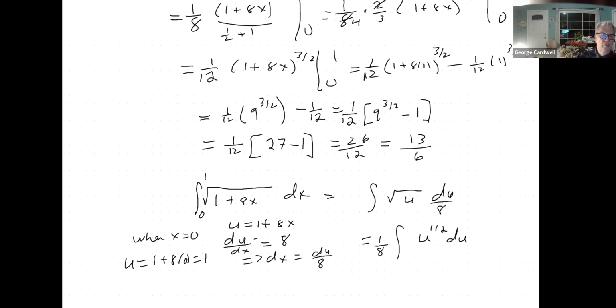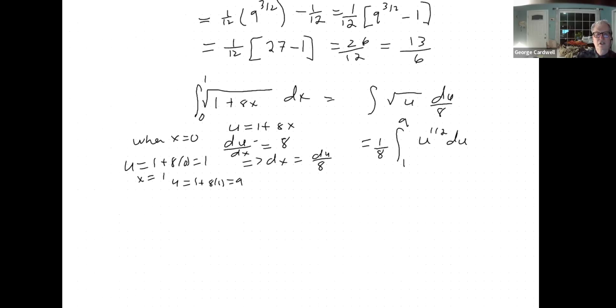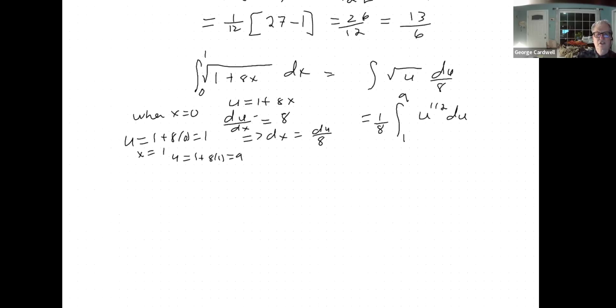So when x equals 0, that translates to u equal 1. Okay. And then when x equals 1, u equals 1 plus 8 times 1, or 9. So when x is 1, u is 9. Okay. So this integral here will generate the same answer as that integral there. But this is easy to do because now, see, if I have 1/8 integral 1 to 9 of u to